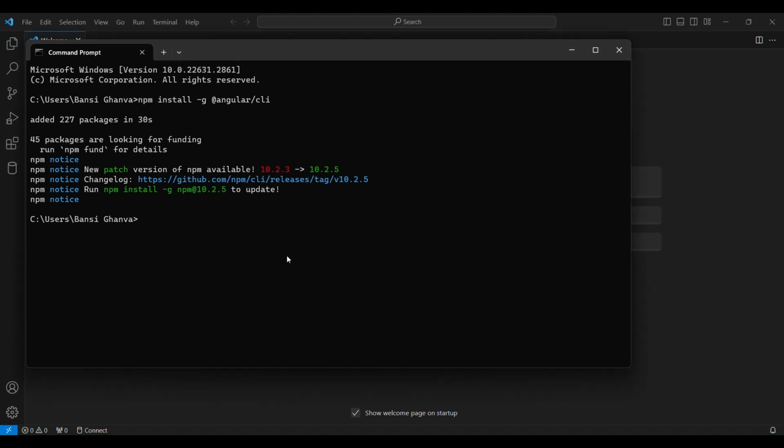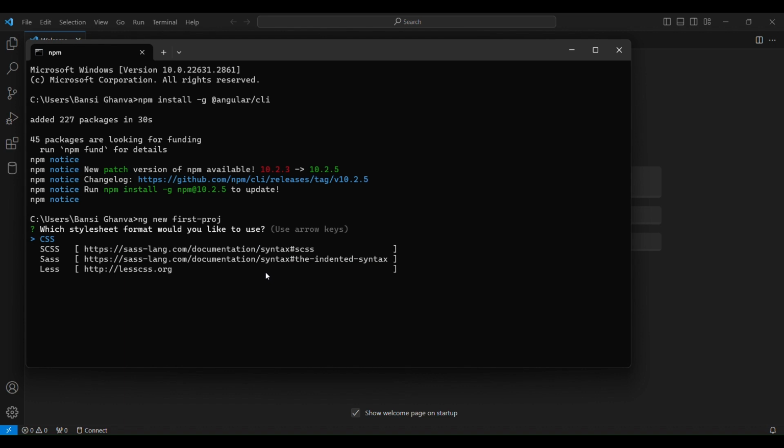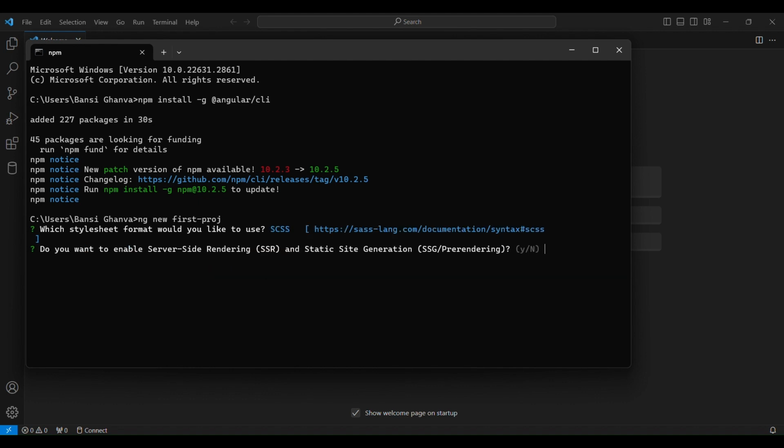Okay, so Angular has been properly installed now. Now you have to create your first app by giving this command: ng new and the name of the project you want to give. Suppose you are giving first project. This would be the name of the project, and this will create a project for you. You have to select what you want to use for CSS, and I recommend you to use SCSS. So just select that.